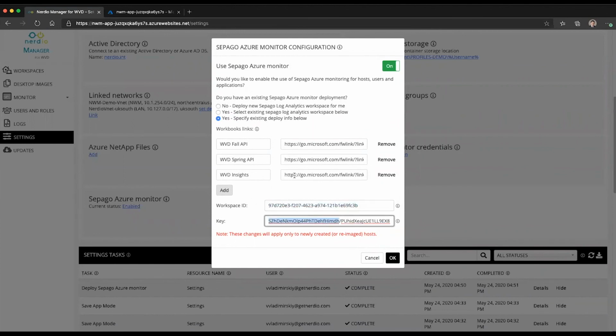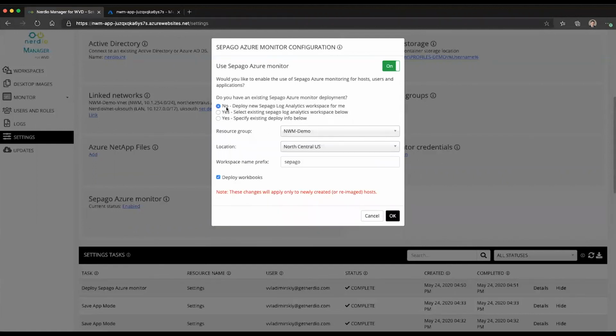And there are some standard workbooks that were added to our list here. And we'll go through this process of adding additional workbook links in future videos. I'm not going to focus on it right now. But what I did want to specify is that you have the ability to deploy this multiple times within the